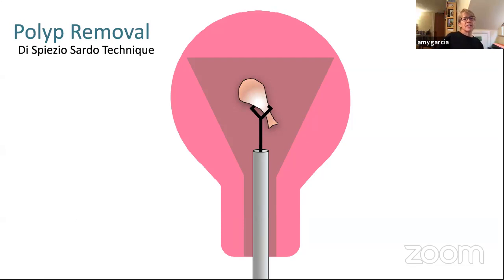Attilio Di Spiezio Sardo is really a master, and I learned this from him. So I call this the Di Spiezio Sardo technique of removing a polyp. When you have a large pathology that is somewhat pliable, using the hysteroscope can really facilitate getting the tissue out. So the tissue is grabbed at the base, and it's first pulled toward the hysteroscope, and you want to pull it flush,